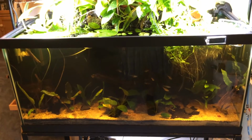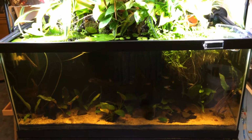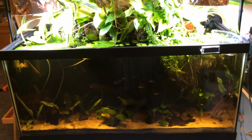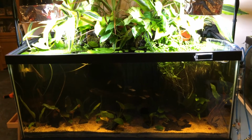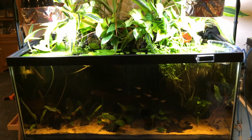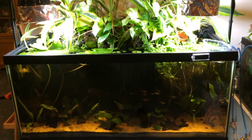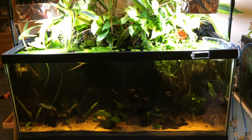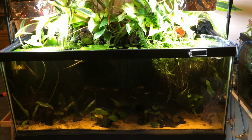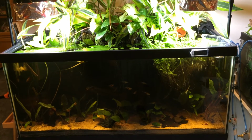The tank is usually a lot darker than this. I just did a pretty big water change, which kind of lightened it up a little bit, which is why I'm taking the video. But for the most part, there are times where I'll put some Indian almond leaves in this tank, and you can barely see within 4 inches into the tank before it gets really dark. And the fish tend to love it. I've noticed that once I do add the almond leaves, I usually get fry, especially with sparkling gouramis. They seem to like it. Drop the water level on them a little bit, do a big water change, and all of a sudden, bang,